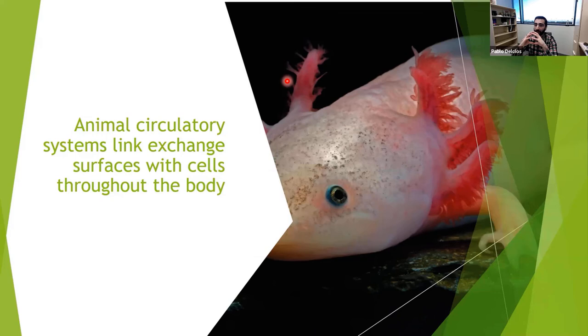And because of this, diffusion is actually only efficient over really small distances. So diffusion actually becomes a big limitation for larger animals because surface area is important. So, in single-celled organisms,